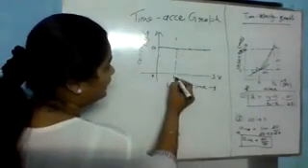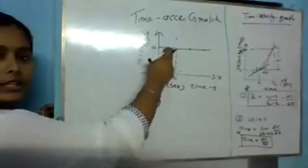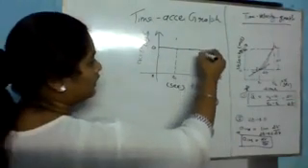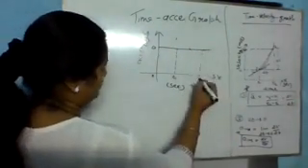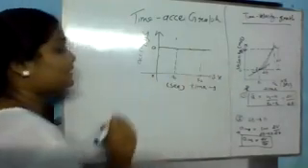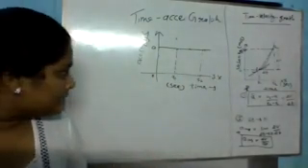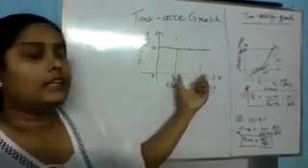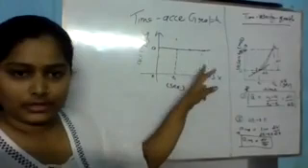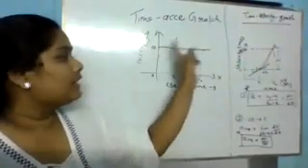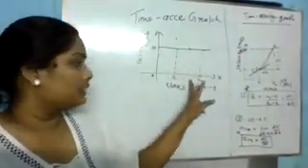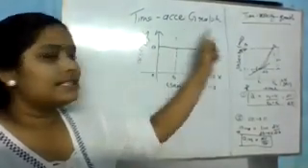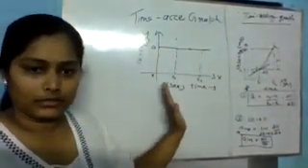At time t1, the acceleration of the particle is this. And at time t2, acceleration is this. Now you can see that acceleration is not changing with respect to time. That means this graph shows uniform acceleration, right? Acceleration is not changing with respect to time. It means that this graph shows uniform acceleration.